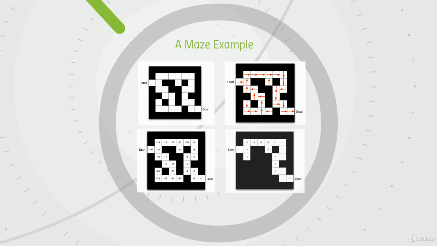In the last case, we might have a model. So maybe our agent understands that this is the general route that it should go, but it's important to understand that the model may be imperfect. So in this model, there are a couple wrong moves in there. Maybe it takes a right turn right at the start of this maze, and that's going to be an incorrect model, but in general, this is going to make it to our goal.